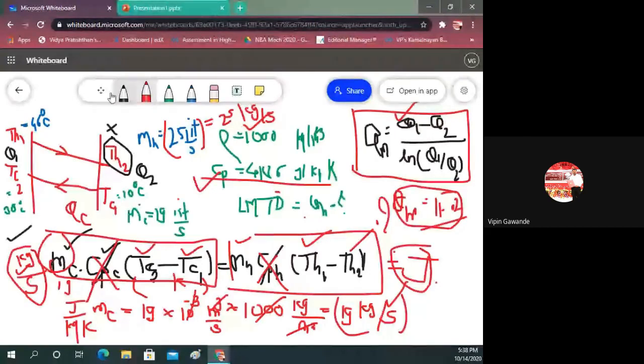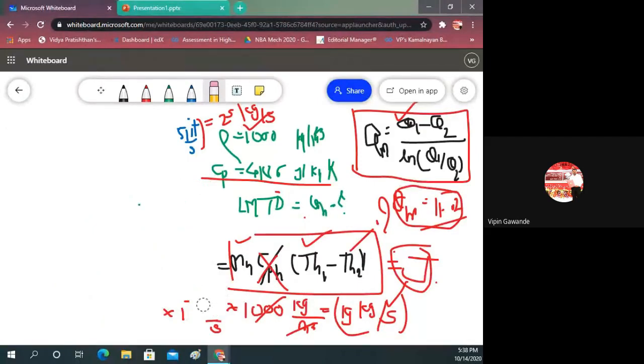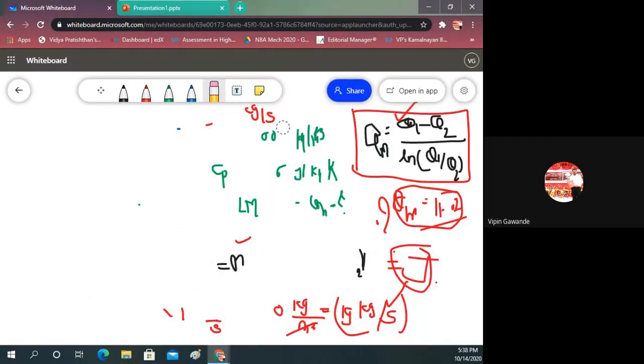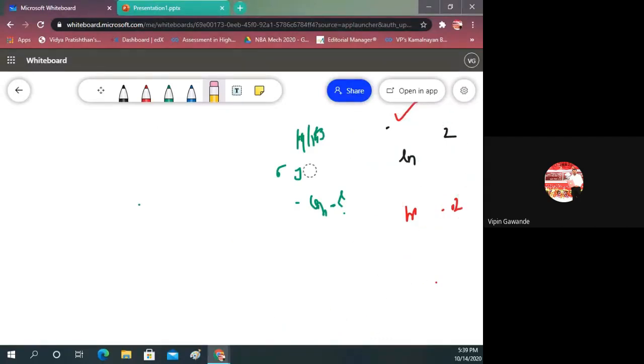Okay, so now we'll go for the next one. You just do the calculation. I'm only giving you the concept. That is only required, and you can solve any problem from the examination. So don't worry about the calculations. The answer will come. Just remember the formulas.